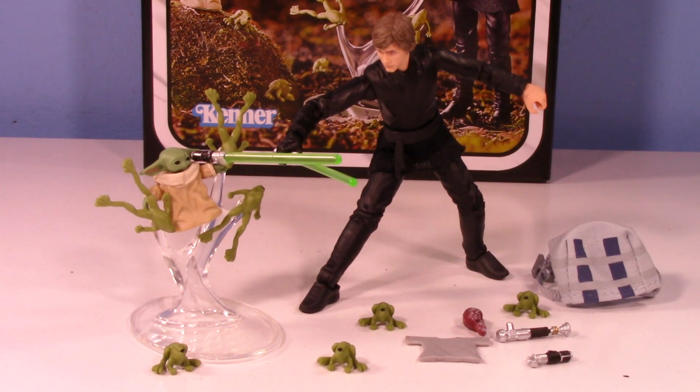I feel like out of the deluxe sets that Hasbro has done for the TVC line, this is probably one of the most worthwhile ones. This truly feels deluxe. They just kept throwing in stuff to make the value seem worth it, and I feel like they did a really good job. I really, really do. This is a great set. If you're a fan of Book of Boba Fett, or just the idea of Luke training Grogu, even though it was very brief, this is a very cool set. I definitely suggest it. This took me way too long to set up, by the way. I really tried to get Grogu to hold that, wedge it underneath his arm, but it was just not